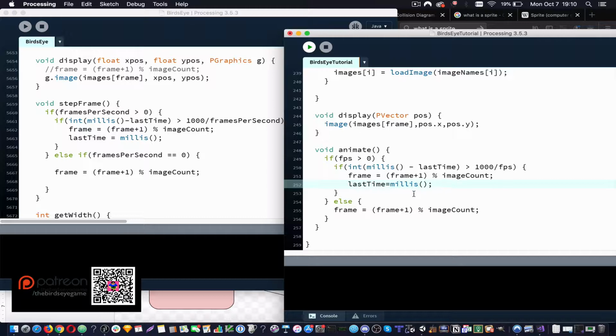So this isn't the best way to do it, really, because if you can imagine, if your screen output lags for more than whatever this increment of time is, say you're doing 10 frames per second, so that would be 100 milliseconds. So if your output lags for more than 100 milliseconds and it doesn't call animate within 100 milliseconds,